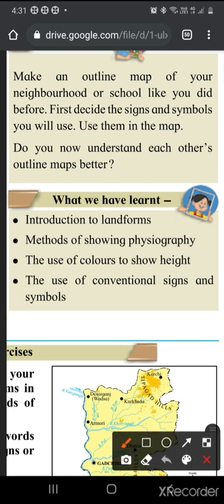That is why, to make it universal, we use these symbols. Many people use maps. Many components are shown in the maps or outline maps. If these components are shown on different ways, people will be confused to understand them. Therefore, standard signs and symbols are used to make the maps easy to read. These symbols and signs are usually universally used for specific components. That is why everyone understands them. That is why we need these conventional signs and symbols, so that all will understand our maps.